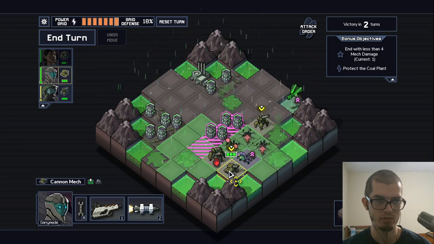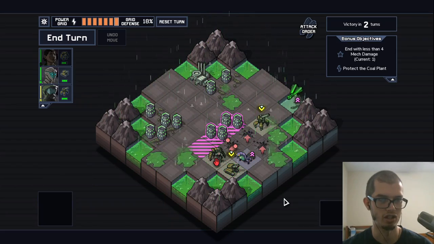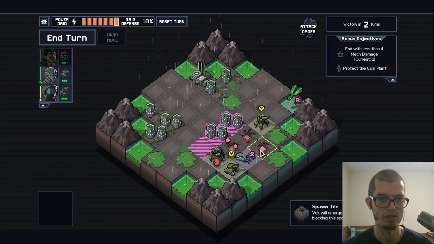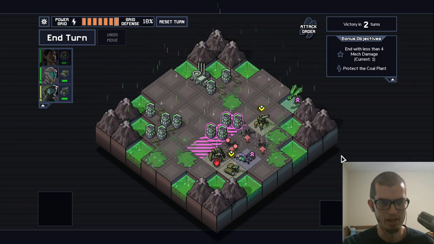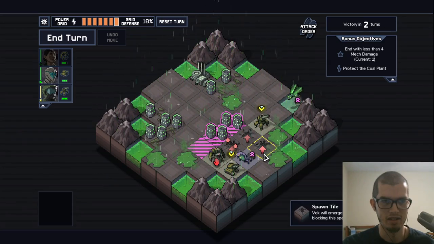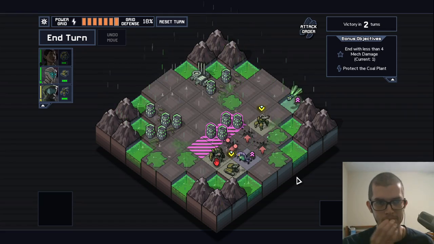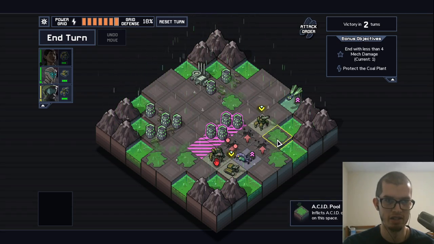So I could slam this into myself with my, what is it called? My shock cannon. Killing it instantly. Or I could drive around this side. Anything I stop from spawning this turn just doesn't get to spawn, by the way. That's important to note. I can push you to this side, and then artillery you into the water, into the acid. Which would also artillery me into this acid, but